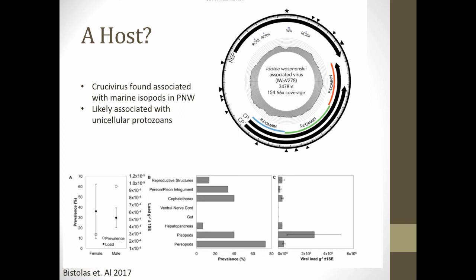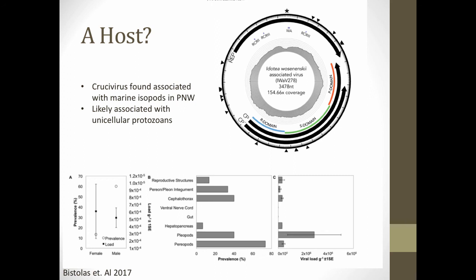Late last year, so initially when these viruses were described, it was just the genomes that we've been finding and sequencing. And so we don't know what these viruses are infecting, but late last year there was a paper that came out that found that these cruciviruses seem to be associated with marine isopods, and luckily for us,